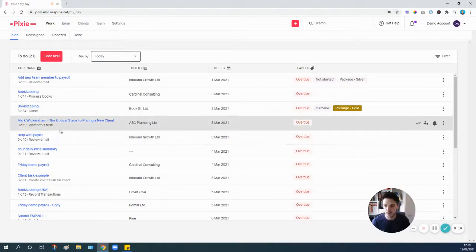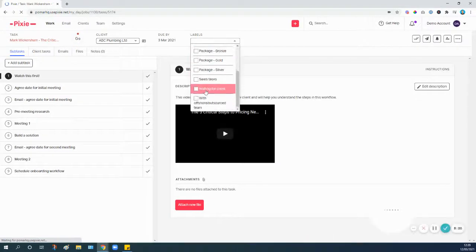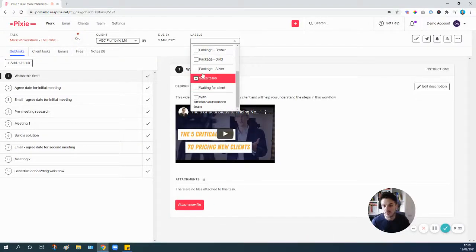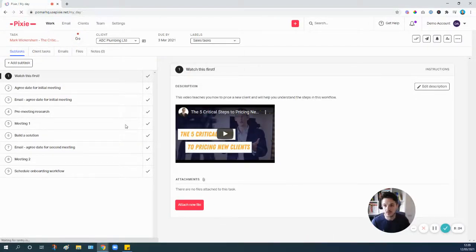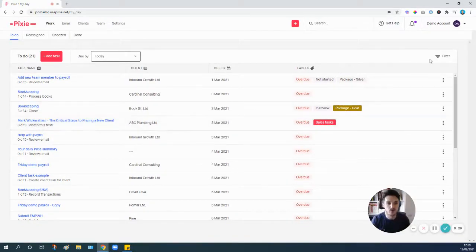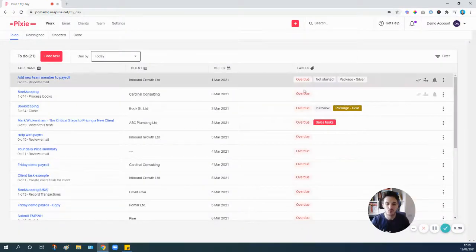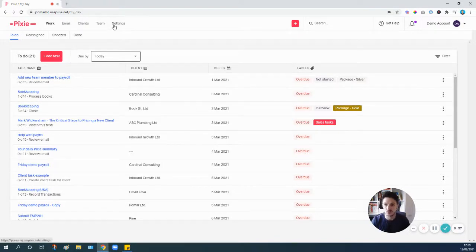And then I've got another one here, which is from Mark Wickersham. It's a pricing one. So here I'm going to tag this as sales tasks. And if I go back to my task list, I can see now it has that label. And what you're able to do is use the filters on your own to-do list to filter by specific tags. But what's probably more important and more relevant is that you can also use those filters on